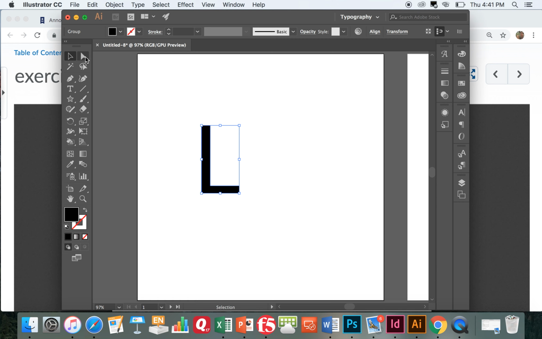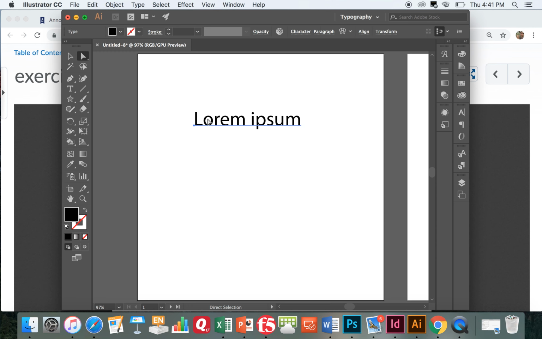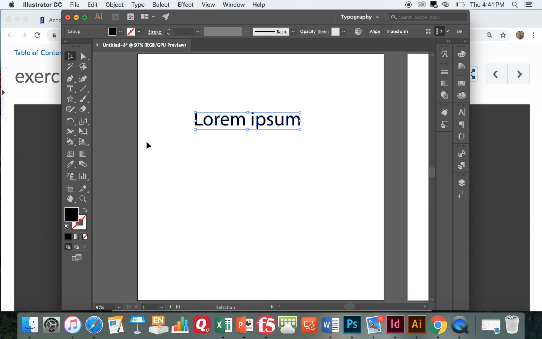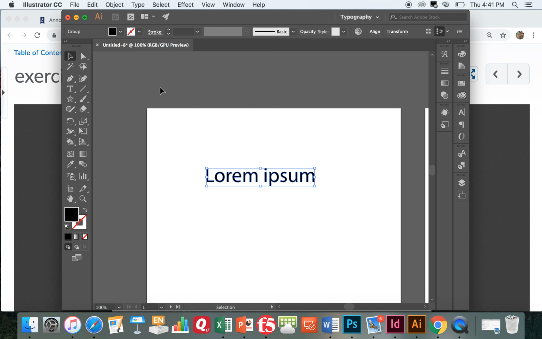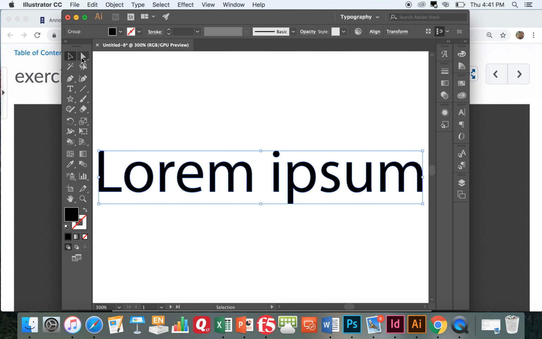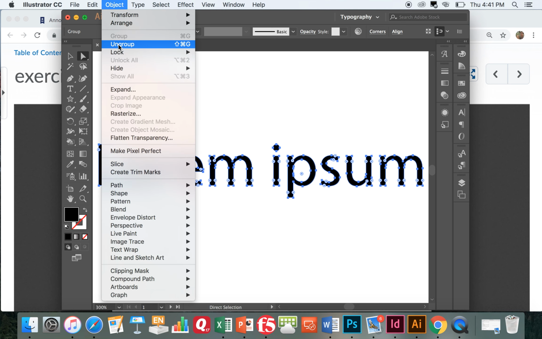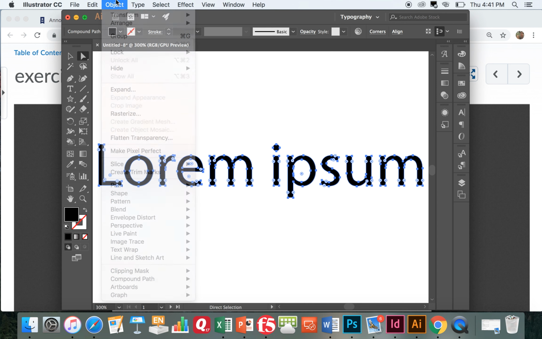And when we click on the direct selection tool, you can see now it has anchor points, just like any other shape. Now, if I were to go back to lorem ipsum here, highlight that, type, create outlines, the same thing happens, but this is going to be automatically grouped together. So I would need to object ungroup to move